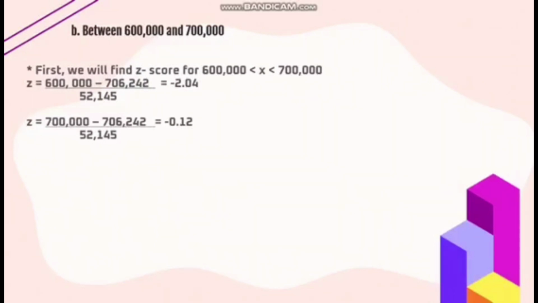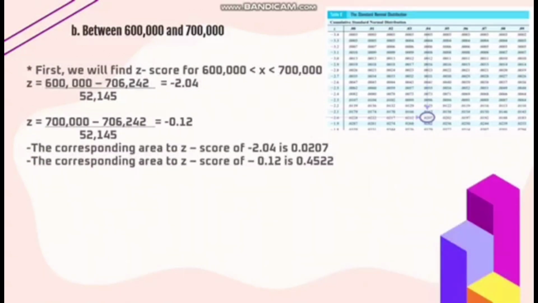And z is equal to 700,000 minus 706,242 all over 52,145 is equal to negative 0.12. The corresponding area to z-score of negative 2.04 is 0.0207. The corresponding area to z-score of negative 0.12 is